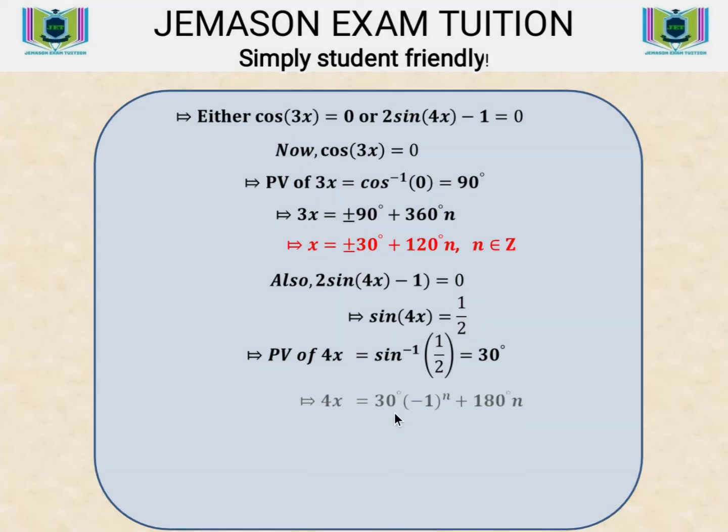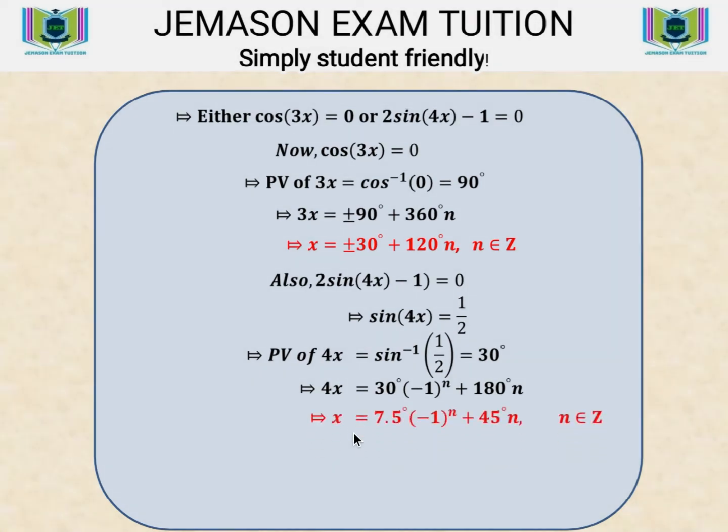We can proceed to write that 4x equals the PV times negative 1 to the n plus 180 degrees n, which is the general format for writing the solutions of a trigonometric equation which involves the sine ratio. And from here we can proceed to have the general solution by dividing the equation through by 4, so that we have x equals 7.5 degrees times negative 1 to the n plus 45 degrees n, where n is an